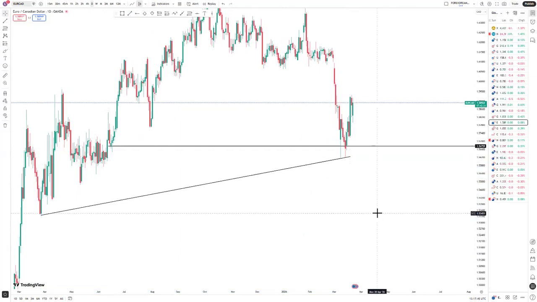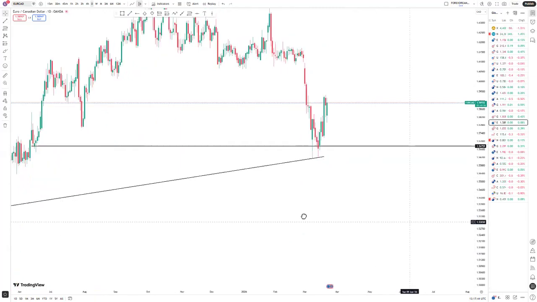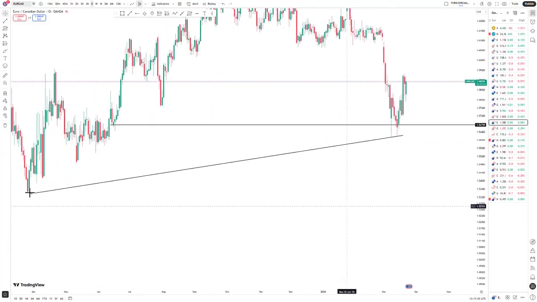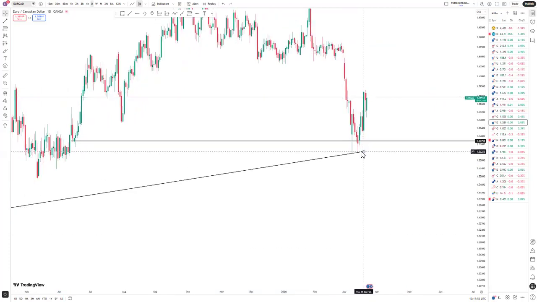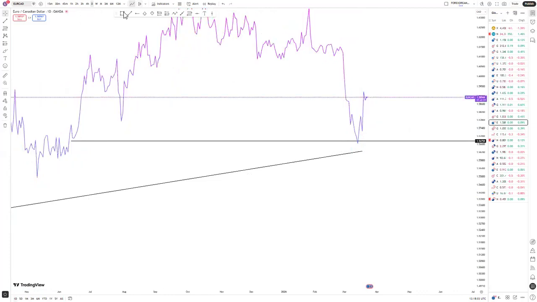Now, you cannot see almost everything that happened here on this time frame, but you can see the first touch of the trend line, the second touch of the trend line, and the third touch of the trend line as well. And then here you can see the support where the market actually turned on the right-hand side. If you apply the line chart, this is where the market actually turned.